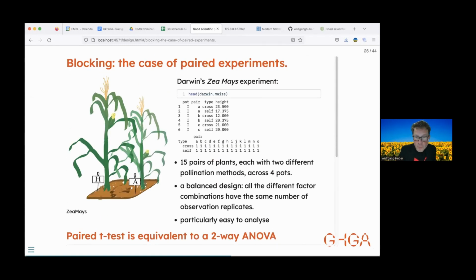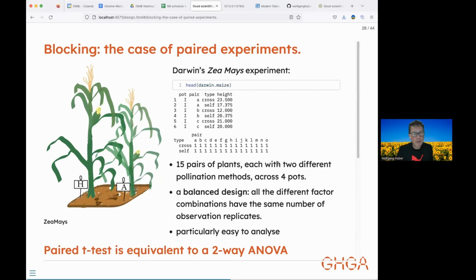And I will just now do the paired experiment, and then maybe conclude and go to the questions that have come. So a special case of taking into account such blocking factors or batch effects, if you wish, are paired experiments. So this is an example. This is the famous Darwin sea mice experiment,